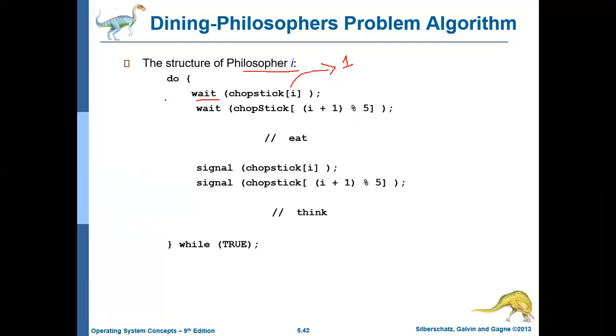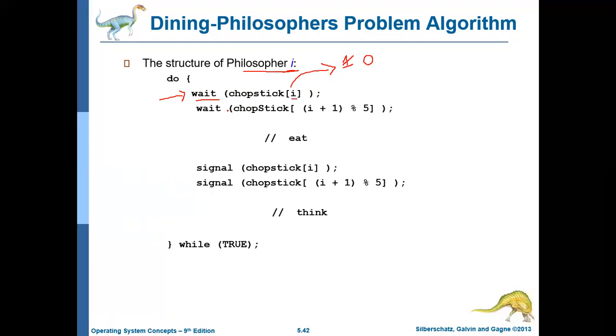If it is 1, then this philosopher will keep on waiting until that person releases it. That is, the other philosopher should release. If the other philosopher releases, then this will become 0. Okay. So now this philosopher I has got the ith chopstick, but he needs one more chopstick because he cannot